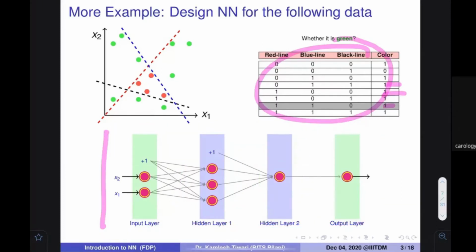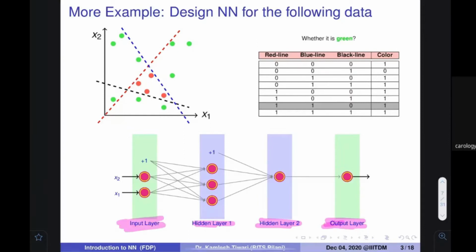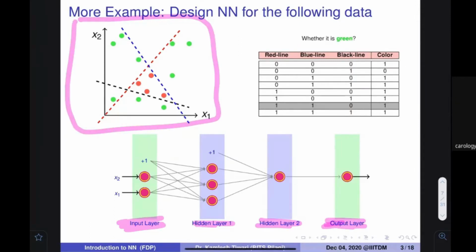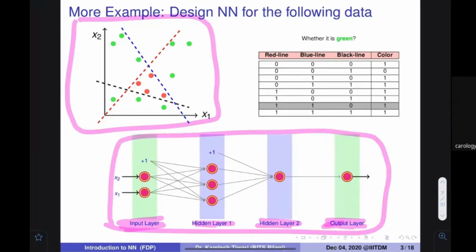This should not be tough. Using this kind of logic, if I understand the data, look, these are the hyperparameters: how many input layers there are, how many perceptrons there are in each layer. You have to come up with these; the system would not come up with these values. If you understand your data, you can devise this kind of network architecture. And once you can devise it, we have seen how to find the right parameters for an individual item. So we can build a system for that, and this system would classify correctly.